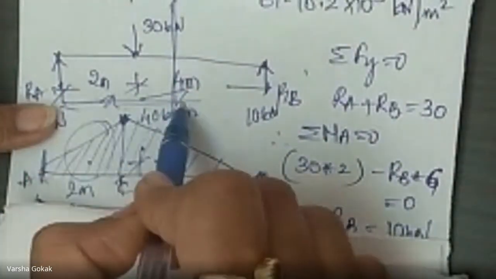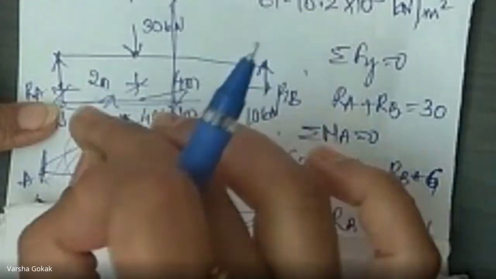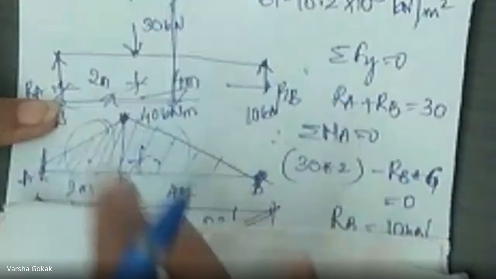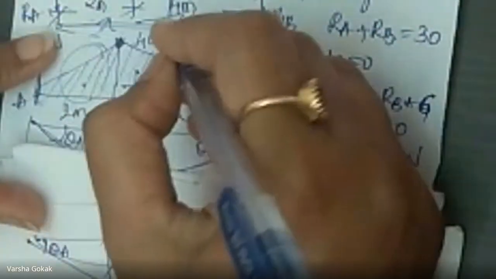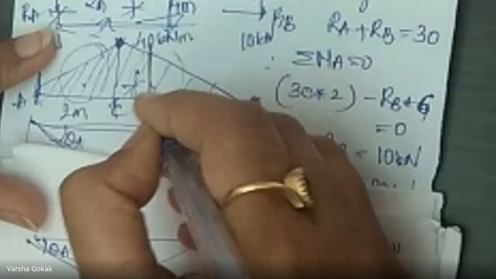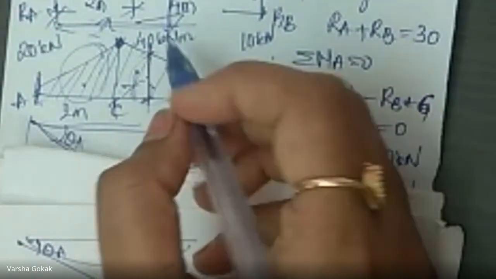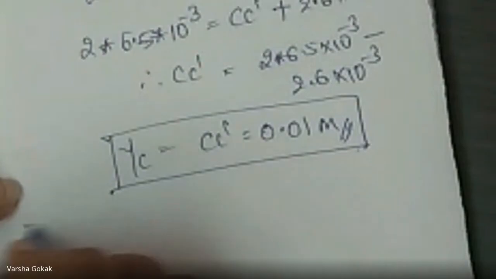Now in the same numerical, if I ask you to find the deflection at a particular distance, say x, I'll give you the value of x. I can give you the value of x, say 4 meters from A, or I can tell at a particular value x like that. So you know the procedure. Given the value of x, say 4 meters, we will take this and obtain the ordinate in this triangle. Once you obtain the ordinate of this triangle, then use the procedure over here.